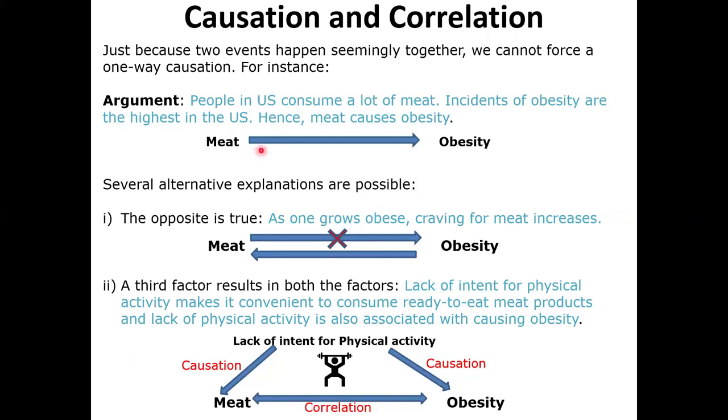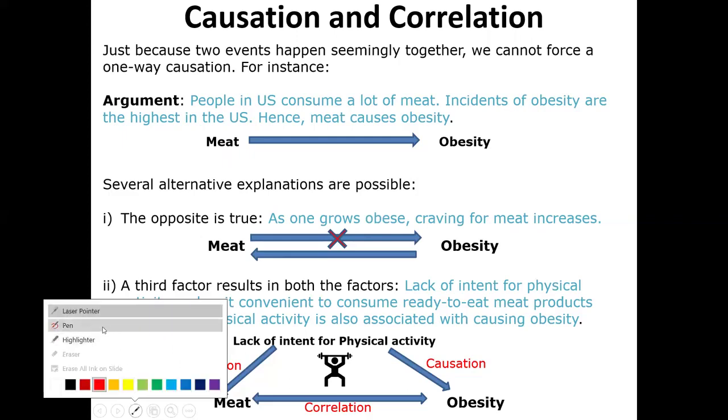Yeah. So why do they consume meat? Because it's available at a cheap price, in abundance. Yes, but how is it challenging the obesity? Because it's easily available, I consume a lot and I get obese. Right. So what you are saying is that